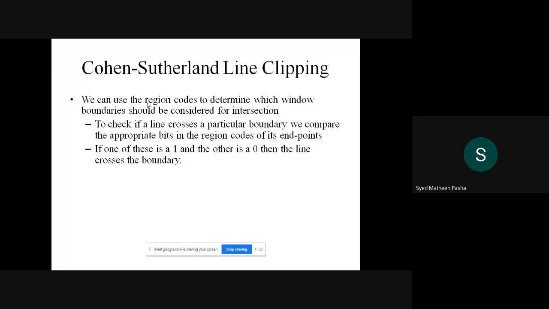What you should remember in the Cohen-Sutherland line clipping algorithm is the phases. What are the two phases? One is the identification phase and the second is the clipping phase. In the first phase, you should know in which category the line falls: a visible line, an invisible line, or one that comes under the clipping boundary. Then you'll perform clipping. So this is the basic idea. Actually, it is a simple algorithm for